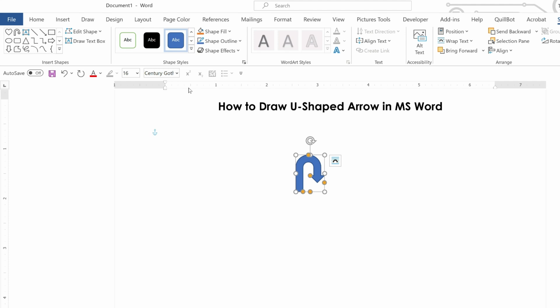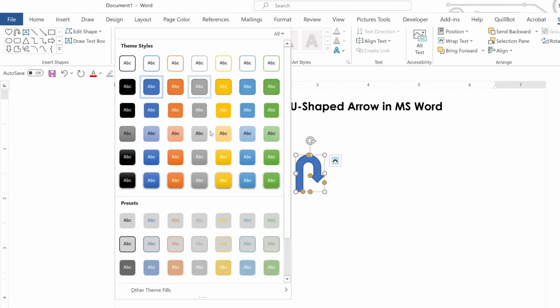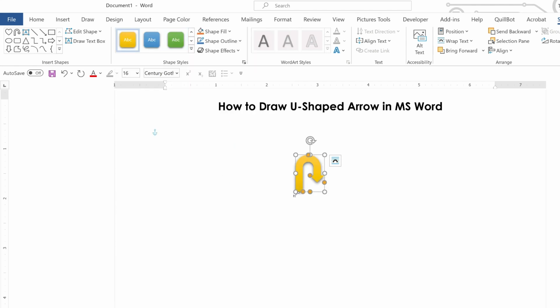If you want to change the color, click on this option here on the top, and here you can see there are a lot of options available. Pick the color of your choice and you can drag to make it bigger, and you can see that